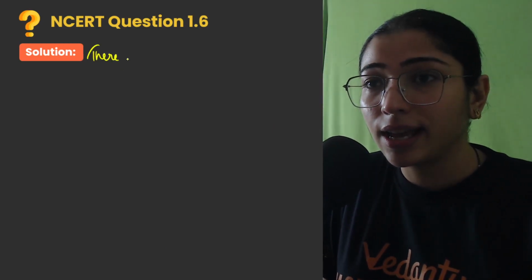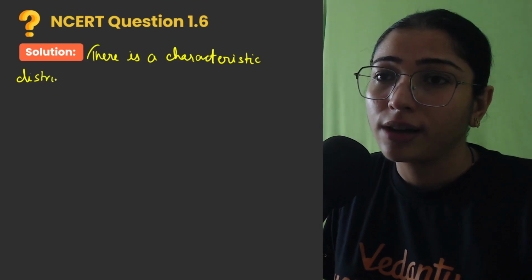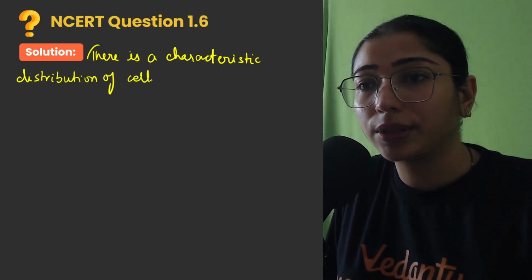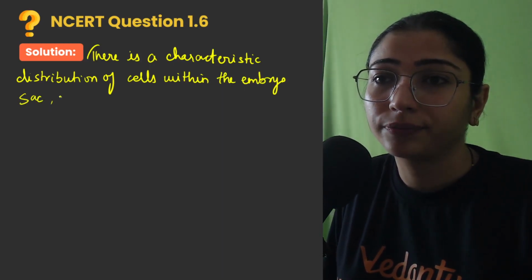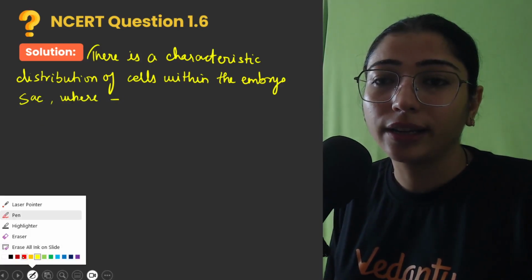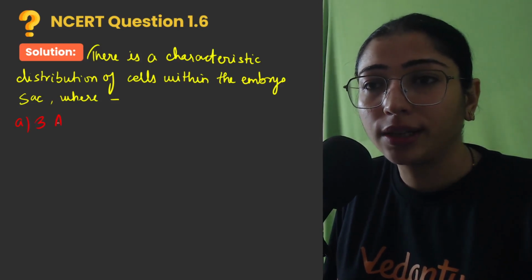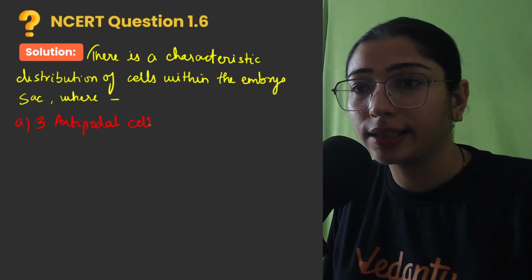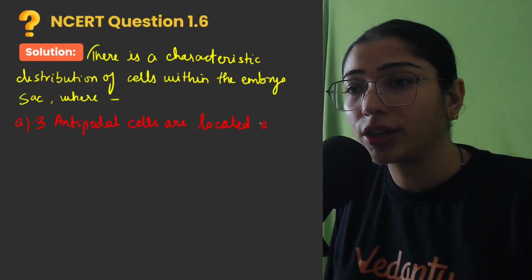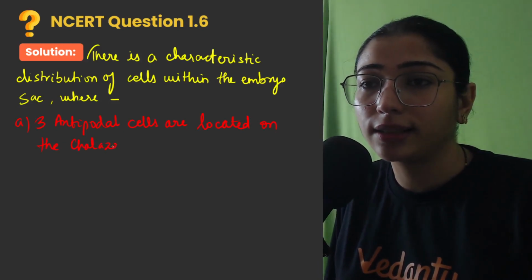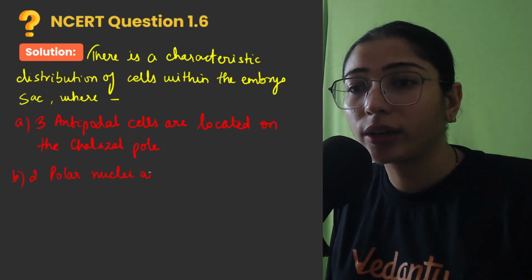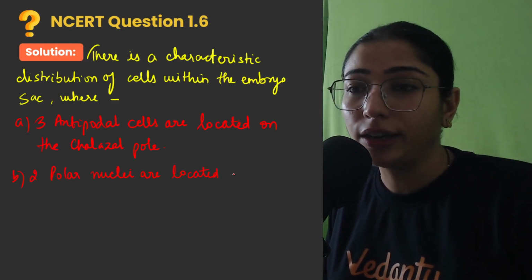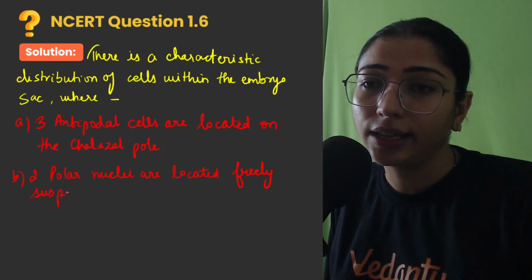That there is a characteristic distribution of cells within the embryo sac, where I am writing here 3 antipodal cells are located on the chalazal side, right, on the chalazal pole. 2 polar nuclei are located freely suspended in the large central cell,